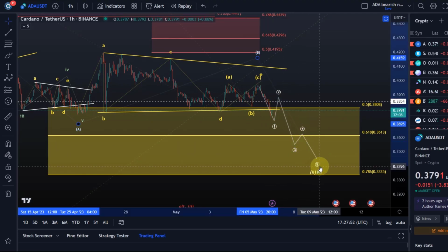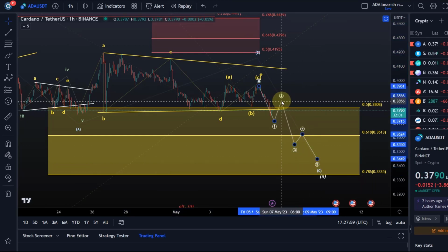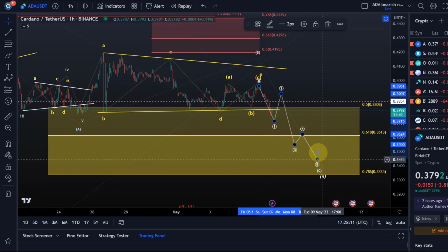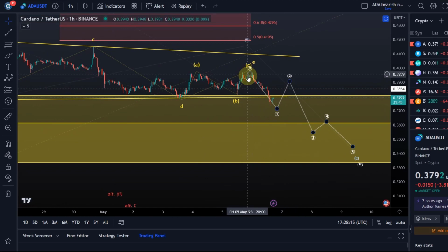I need to see the first deeper retracement now to the upside to be able to count here a 1-2 setup. And if we have then a higher low in this wave 2, then we can calculate a target for the 3rd wave to the downside. But this is ultimately what we're looking for in the C wave, a 5-wave move. At the moment, I don't have enough structure to suggest that the move down is finished.